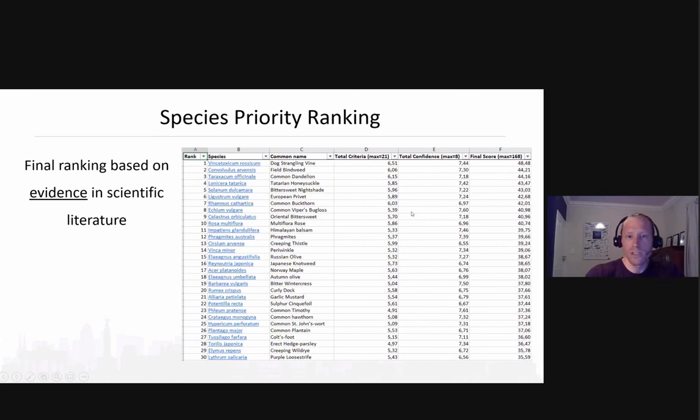And many of you might have questions about this. We've discussed it at length, the inclusion of common dandelion, and members of the TRCA would say that it's not often something they would manage. But again, based on the assessment criteria that we have included, the species does pop out as a real priority in terms of its biological characteristics specifically.